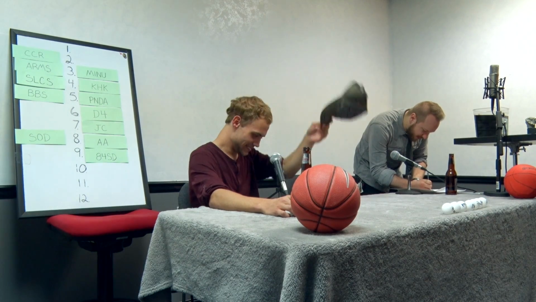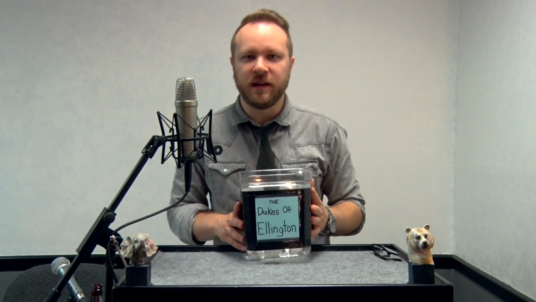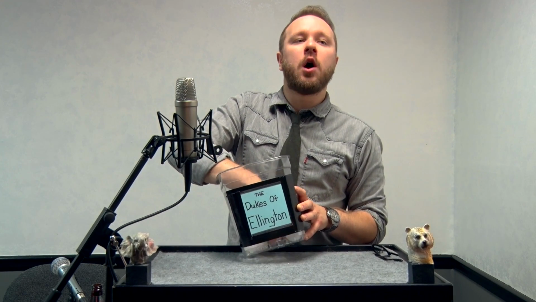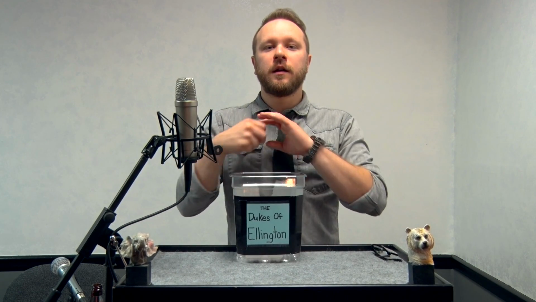Oh, that was Johnny Minute, picking third. Let's get on to the next pick. For the 10th overall pick in the 2016 Dukes of Ellington draft, the 10th overall pick belongs to... I think a ball fell out. Hold on, let me count. No, we're good. The 10th overall pick belongs to...